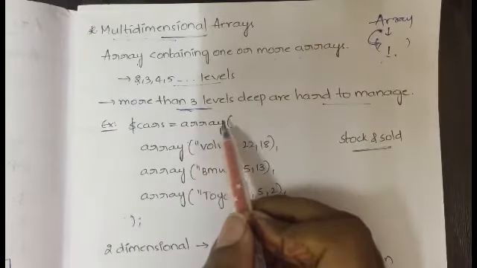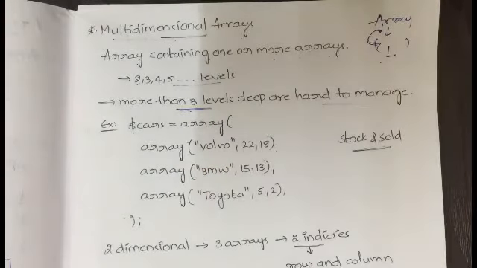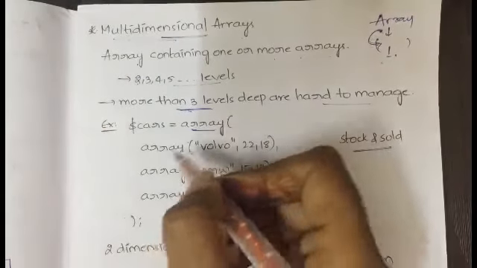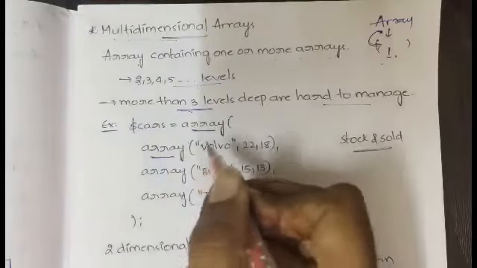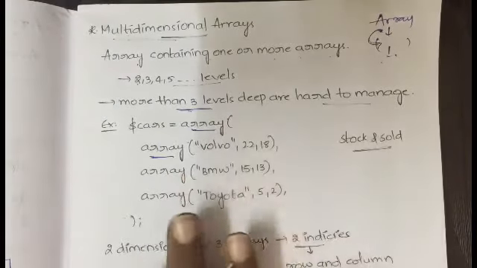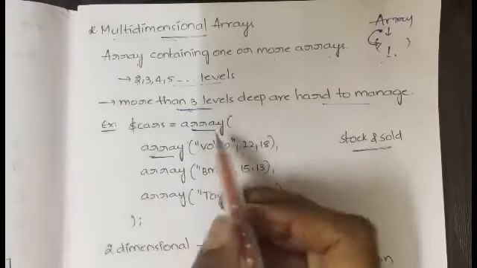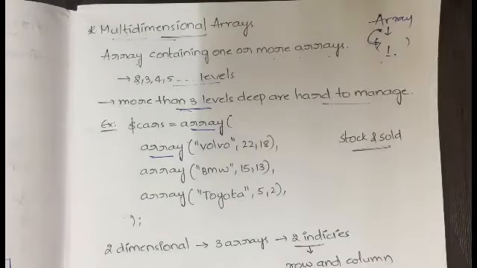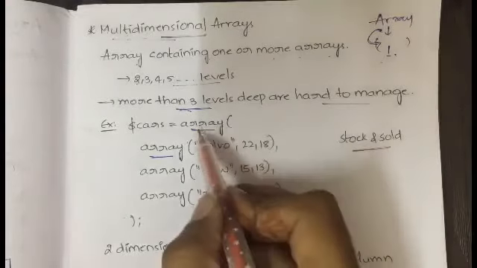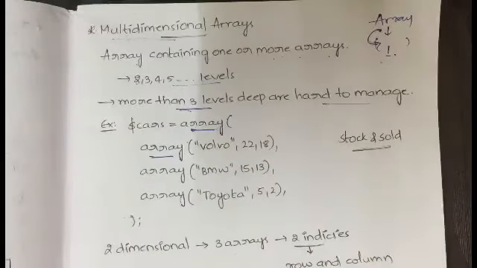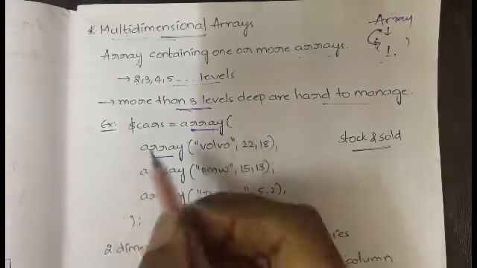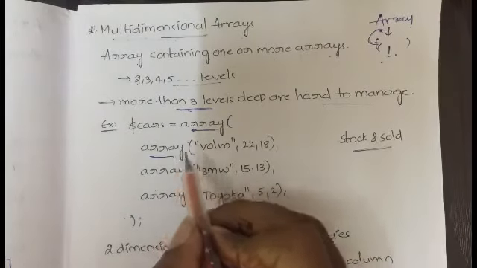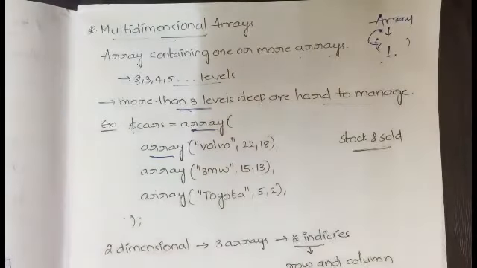$cars is equal to array of. So now this is our main array. Inside that array we are having again an array, right? So this is what a multi-dimensional array is. Generally we only have this one, but here inside this also we are having another array. That is the concept of multi-dimensional arrays. This is an array which contains the information about all the cars, and each individual array will carry the information of each and every single car.